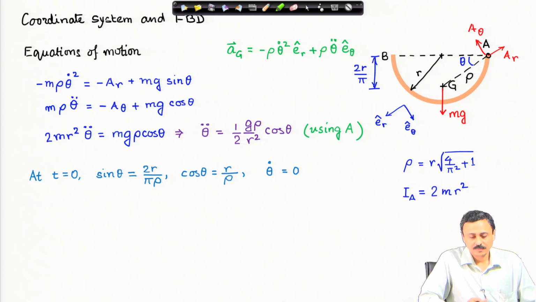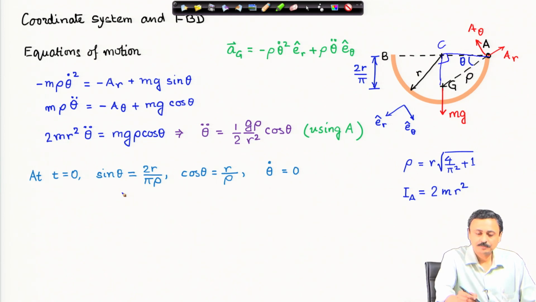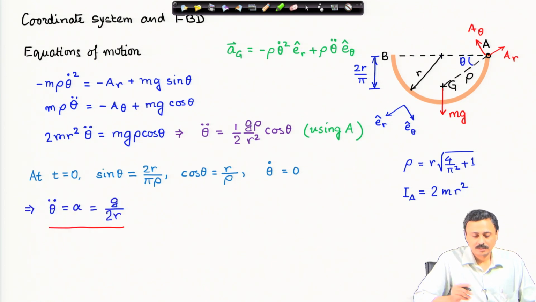Sin theta is 2r by pi rho. This can be found because I have this triangle CGA, and it is a right angle triangle. I can write down sin theta, I can write down cosine theta, and right at the beginning, t equal to 0 plus, when it is just released, it is at rest. So, theta dot is 0. I can solve for angular acceleration, which turns out to be g by 2r,